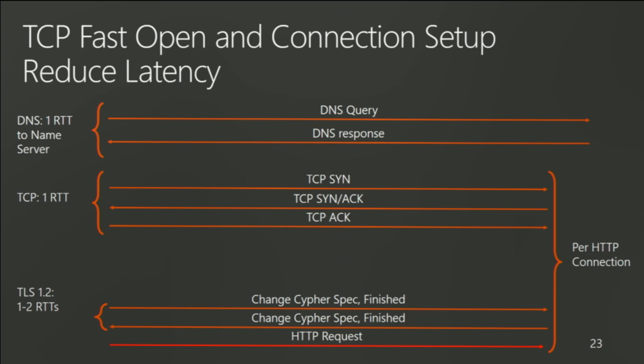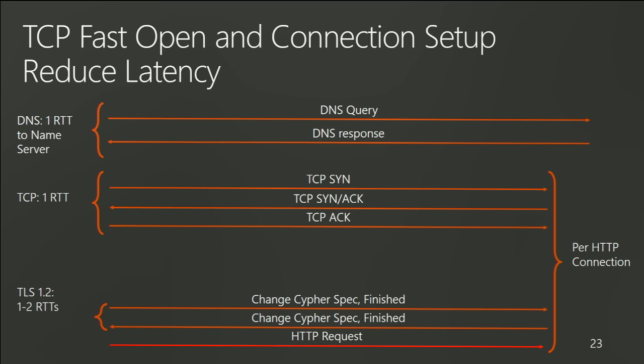All right, so we've talked about the session layer and the HTTP stuff and caching, so let's get into the transport layer, my favorite. So we talked about the connection setup time. How do we reduce that connection setup time? Well, with TCP fast open, which just happens to be available in Windows Server 2016.